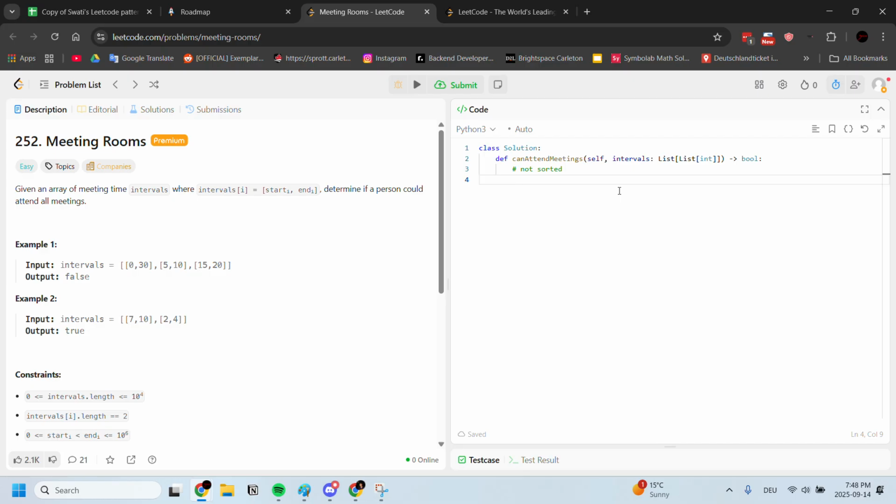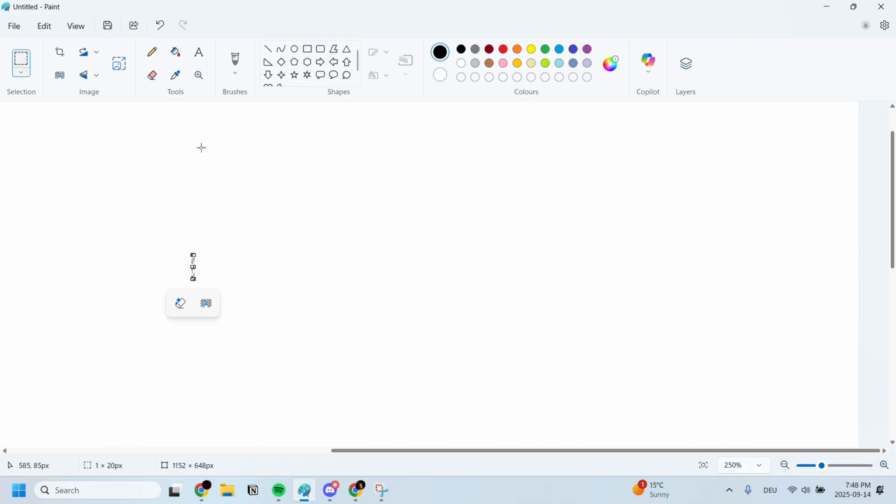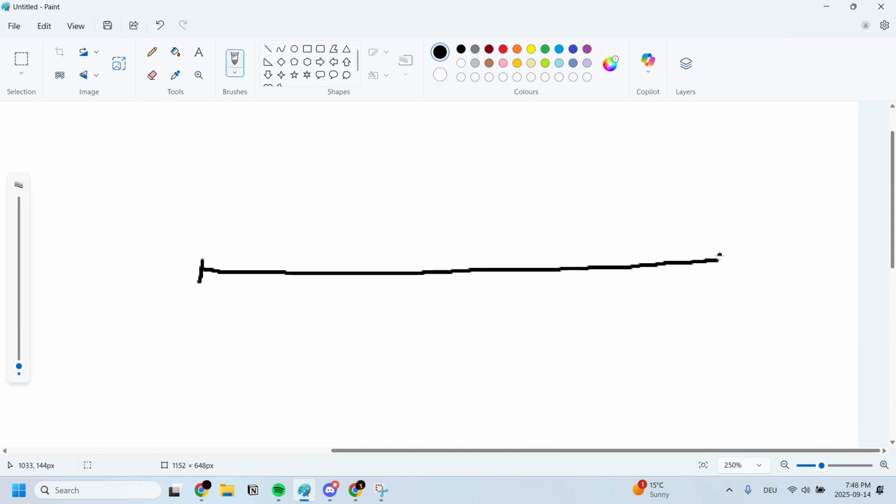So I'm thinking it would probably be faster if we could sort. So if we just do intervals.sort, now everything is going to be sorted by the first number. So now this one's going to be 2, 4. I just want to visualize something and put it into consideration, to see how it would work. So what would happen if we had something that's here,